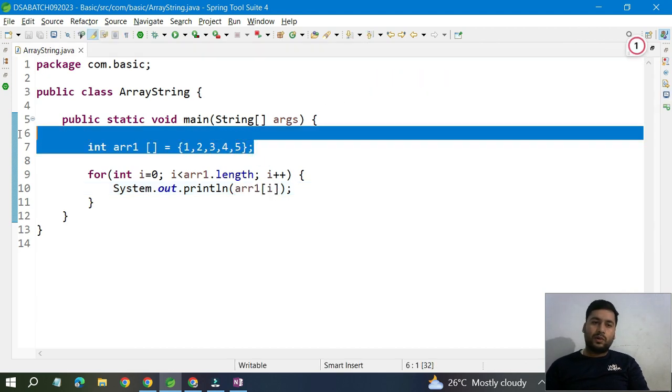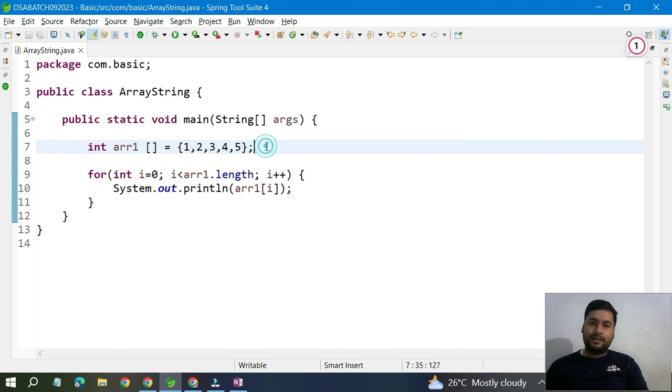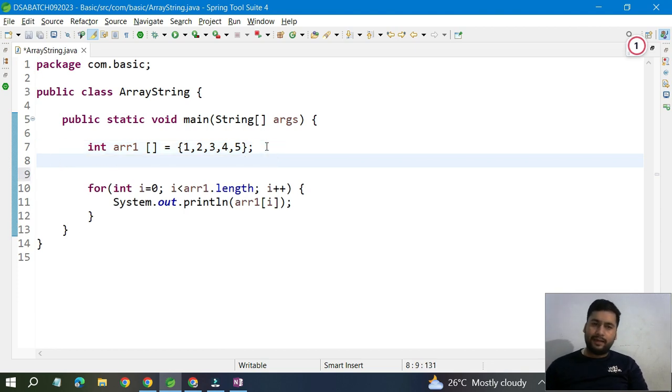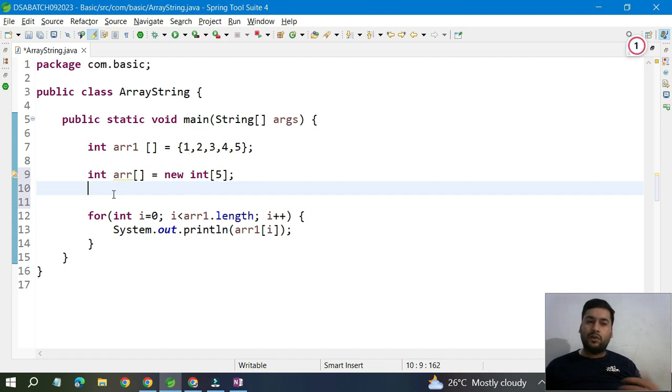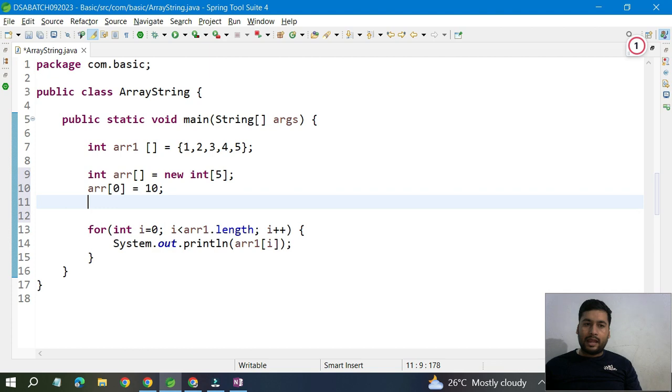So the array will be created, and you can create arrays in different ways. For example, if you want to create an array arr, you can give the size. You don't need to assign values directly, you can write new int and specify 5. But here you have to assign the values. So how can you assign values inside the array? You write array of 0 equal to 10, right? And array of 1, manually we are putting in all those values,